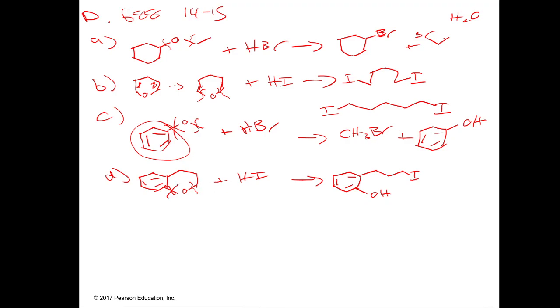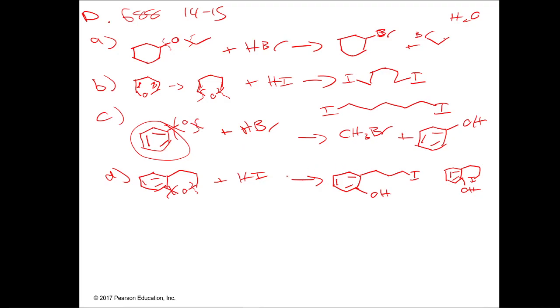Again, for ring openings, you can either just draw it like this. You don't have to draw it like this, although it looks prettier like this. You could draw it like that, right? To make sure you have everything in the right place. You can also just number the carbons to make sure you're keeping the number of carbons the same. And E, you have